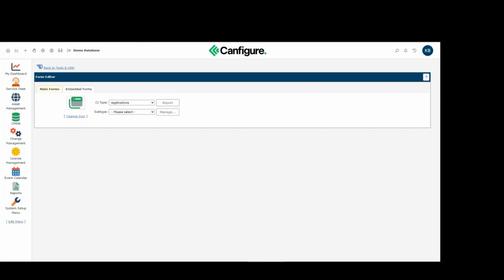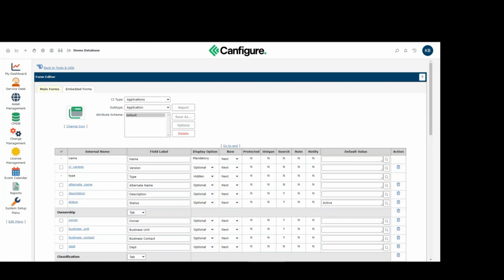The subtype selection is next. Each subtype of a CI may be optionally configured to have its own form. If a form exists for a given subtype, it'll appear in yellow, as you can see in the list. So today we're going to look at the application. And again, before I click, let me just show you real fast. If I click on an application,